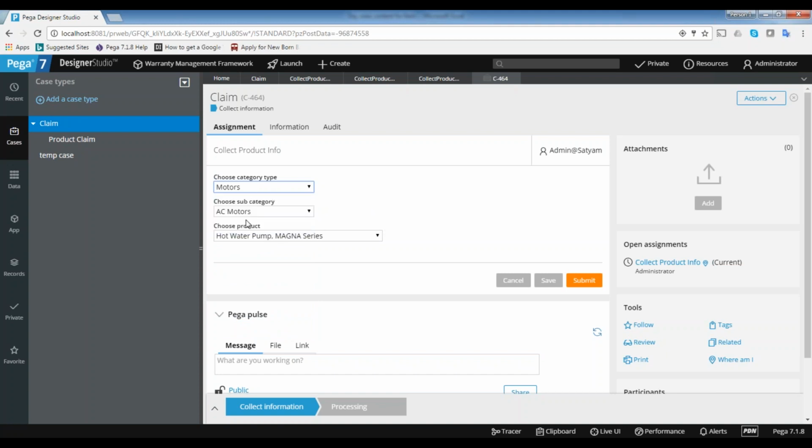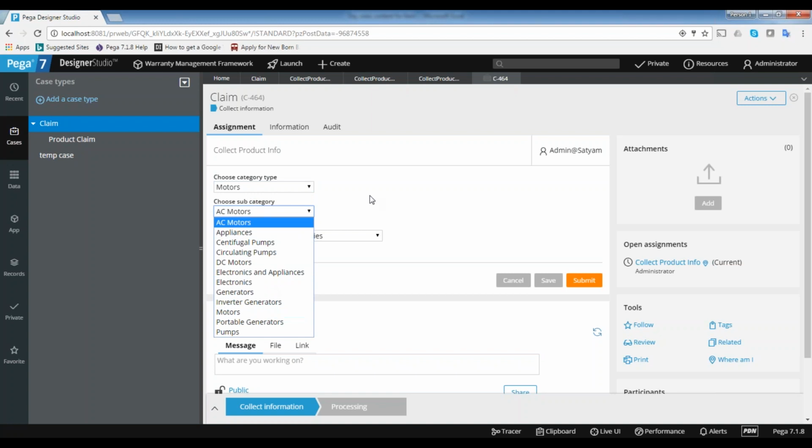Whatever I am selecting here, otherwise this database cannot know what category is selected. So we need to pass this parent category as a parameter to the below data pages. Then automatically this will be refreshed. This is called cascading. Passing the parameter from the top level database, top level field, to the sub level database is called cascading. With the cascading feature we can implement that.